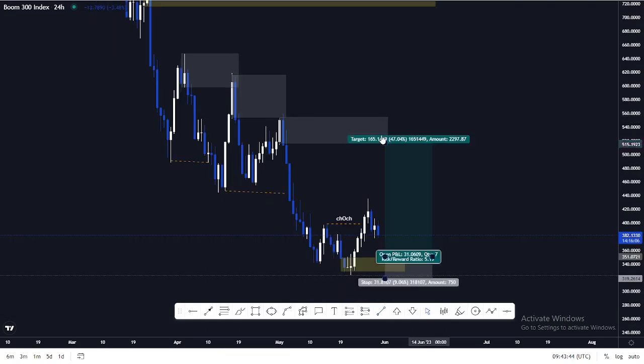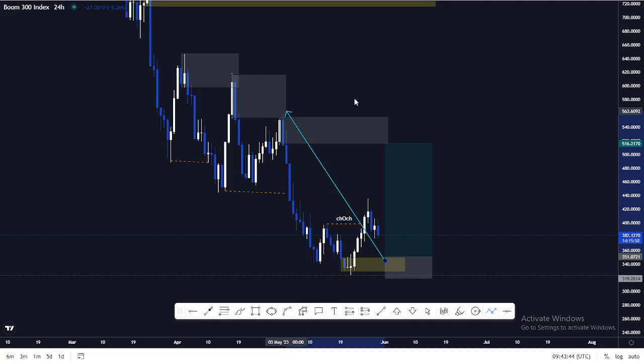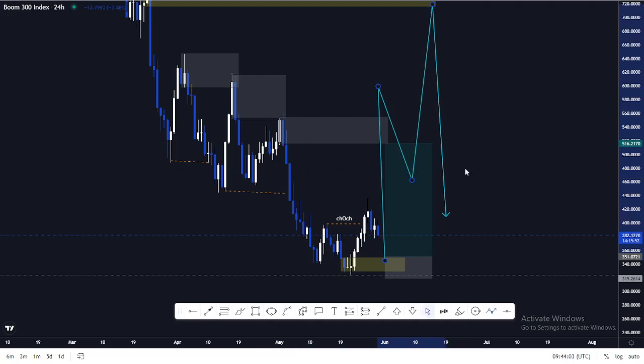Now, if ever it comes all the way from where we're expecting here and breaks here, it means we're going to simply wait for a pullback before a continuation up to that supply at the top there, which is also an order block. But so far, this is the analysis